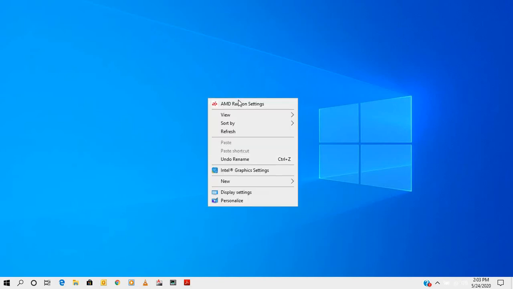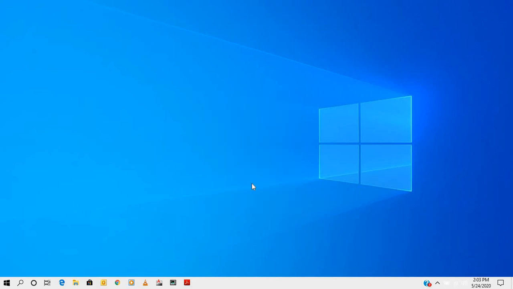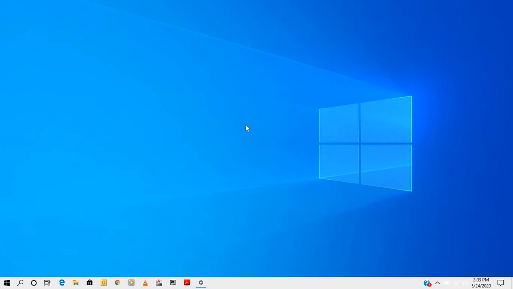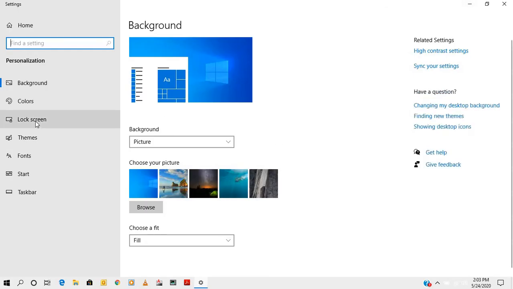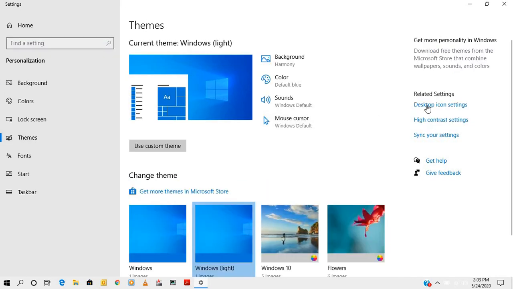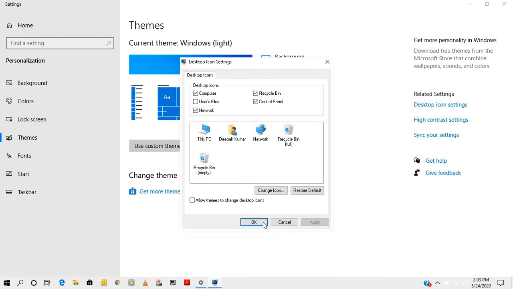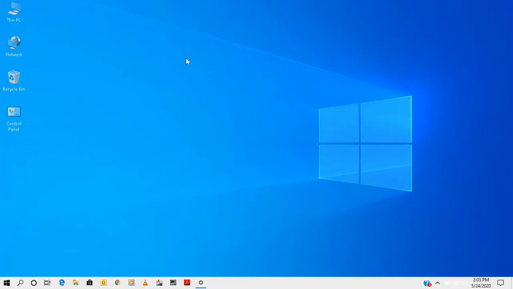Then the second thing we have here is personalization. If you see, there are no icons on the desktop right now. So what we'll do, we just go to personalize, we go to the theme, and then we click here on desktop icon settings. If we click on desktop icon settings, then a new window will come up, and in that window you just click computer or whatever icons you require. You just click on all those icons and do apply and okay. Friends, you will find all your icons, whatever you selected, now appear on your desktop.